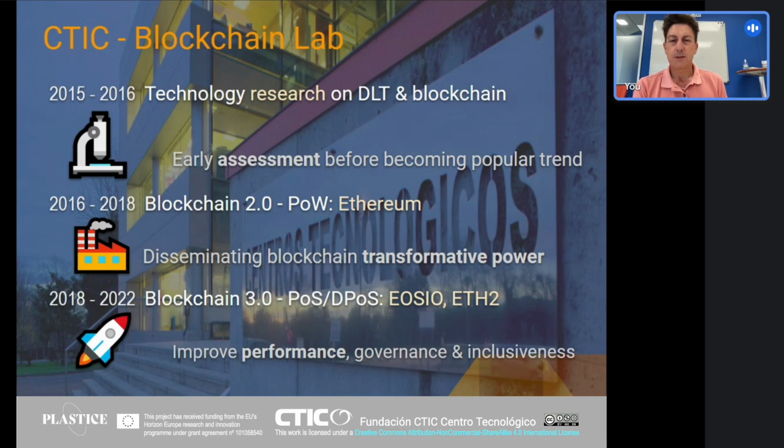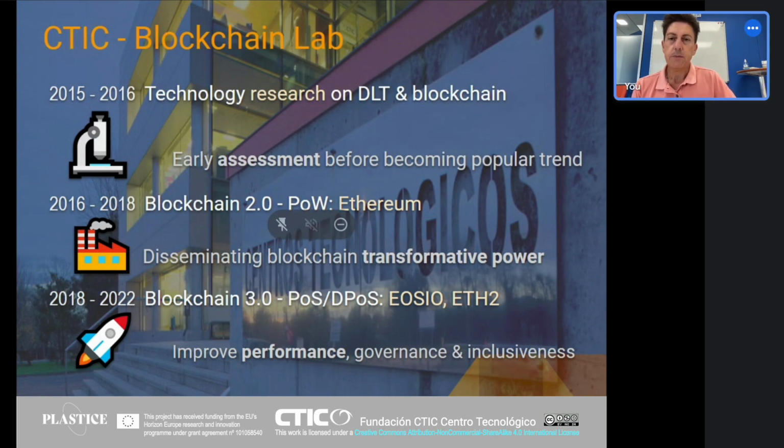Then we started with more advanced types of this technology that we call blockchain 2.0 around 2016, and mainly 18, the era of blockchain technologies that we can call 3.0. That is really when we can get all the main benefits that it can deliver to the general public, not only to some innovative businesses. And that's currently the type of technology that we are going to apply in this project